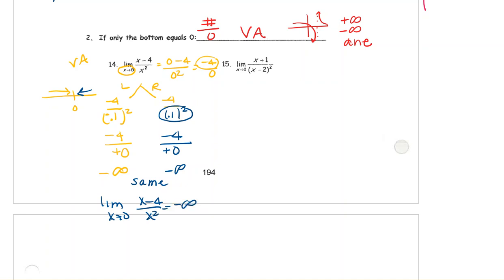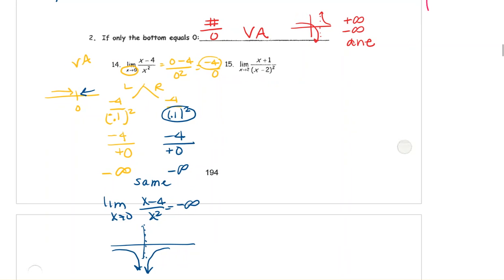Now look, what that means graphically is that I have an asymptote at 0, and as I get closer to it from the left, the graph goes down, and as I get closer to it from the right, the graph goes down. That's what that means. And you should probably have known that by just seeing that this has a bounce on the asymptote. So when there's a bounce on the asymptote, it should do the same thing on both sides. Okay, so if we switch to number 15 here,